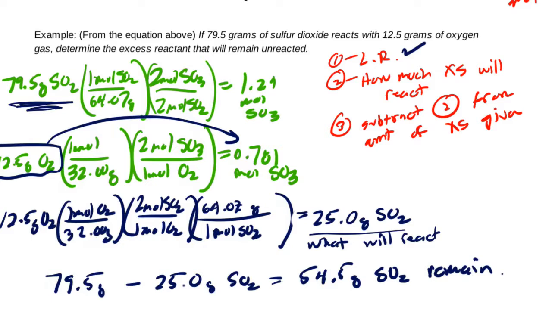So folks, to review, in this problem, what I did was I first determined what my limiting reactant was, then determined how much of my excess reactant my limiting reactant would consume in reacting. And once I figured that out, I subtracted that from what I was given to begin with. And that gave me quite a bit of waste in this example. More than half of what I was given did not end up getting used to make sulfur trioxide. I hope that makes sense, and I do want to add that there are multiple ways of solving these, but to me this is the most intuitive. It may not be the fastest, but it's the